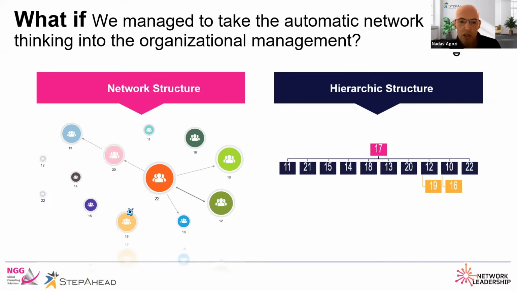And what we've done here is to look at high volume. And when we look at high volume, suddenly we see that the department that is very dominant here is 22. And 17, which is the CEO, doesn't have any strong connection to the other departments. And also we see that 15 or 14 or 11 doesn't have strong connection with other departments. This is a company that we worked with on improving the way departments cooperate.